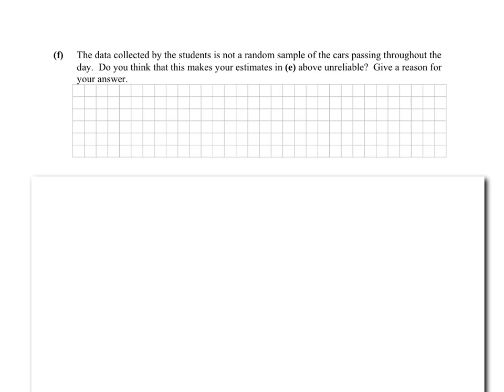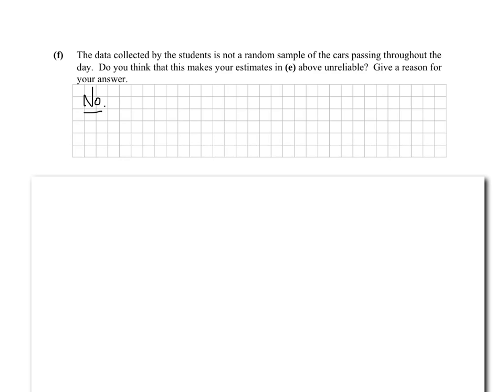Now, personally, I would argue that no, it's not going to make it unreliable. I can't personally think of too many things that can make a set of data of colours of cars be skewed. It's not like, in certain times of the day, business people are going to be driving by in their silver cars or black cars or red Ferraris or what have you. I don't think there's going to be really any changes. I personally would argue that it does not become unreliable,